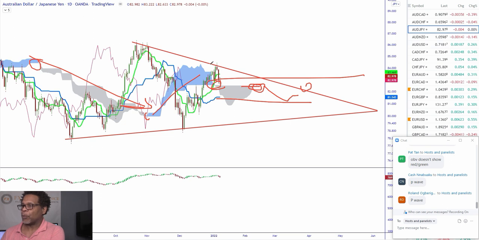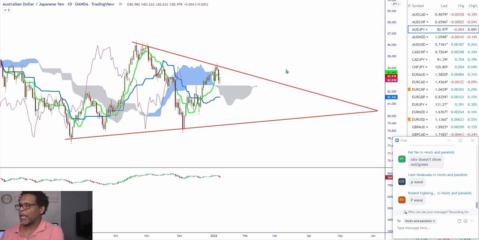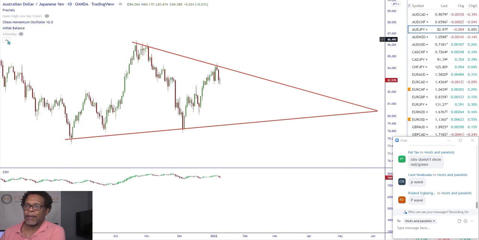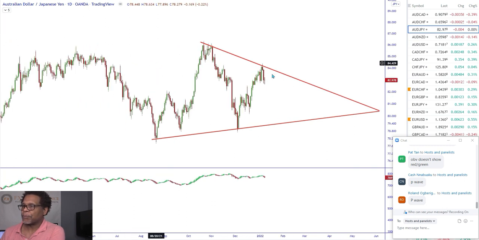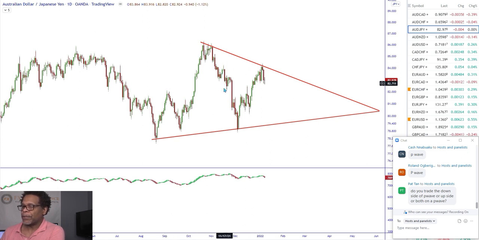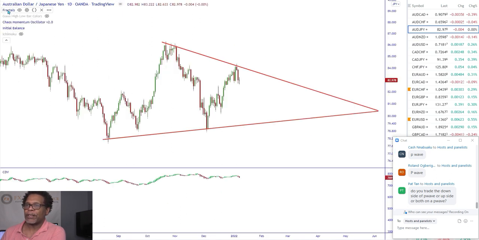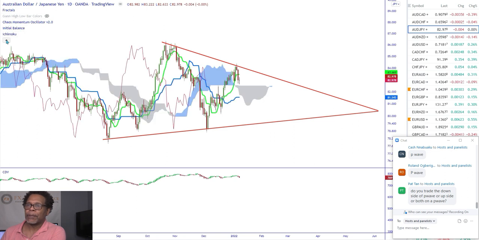All right. But there are levels that we can trade off, and we're kind of late to trade the downside off of the P wave formation. All right. So we're kind of late with that. And we're talking about Ichimoku, but I don't even need Ichimoku on my chart to explain this formation to you. It's market stuff, period. It's technical analysis, market structure, market flow. I don't need Ichimoku on there to see that wave. I don't need it on here to see this wave, for sure. This is all market pattern stuff. All right. So when we put Ichimoku on there, it's just because that's what we're trading, directional bias. All right. And then we have it on the chart.